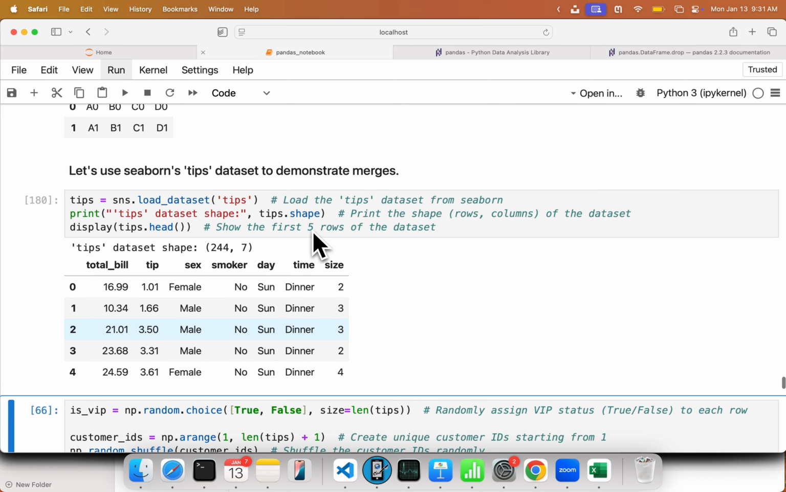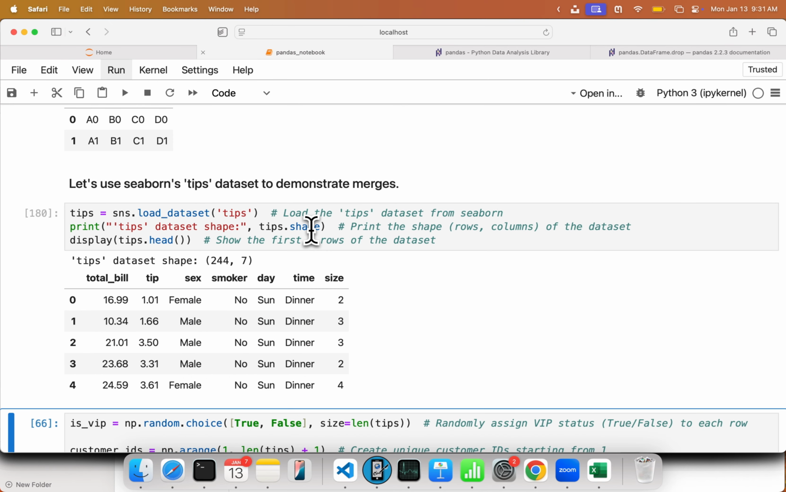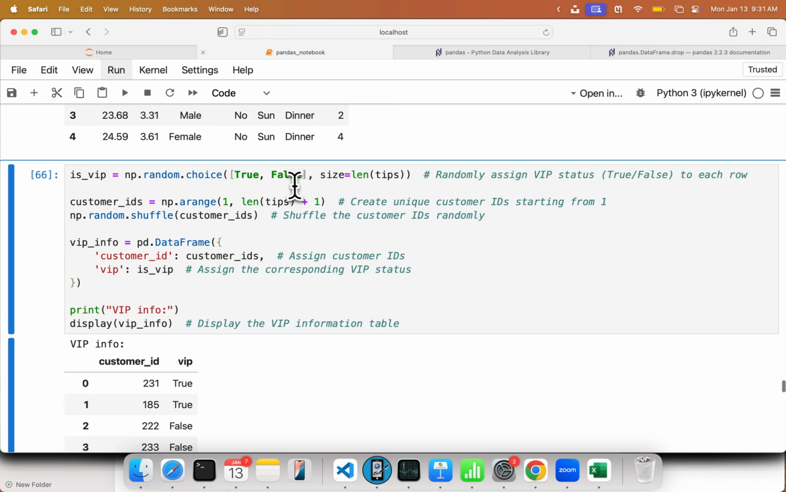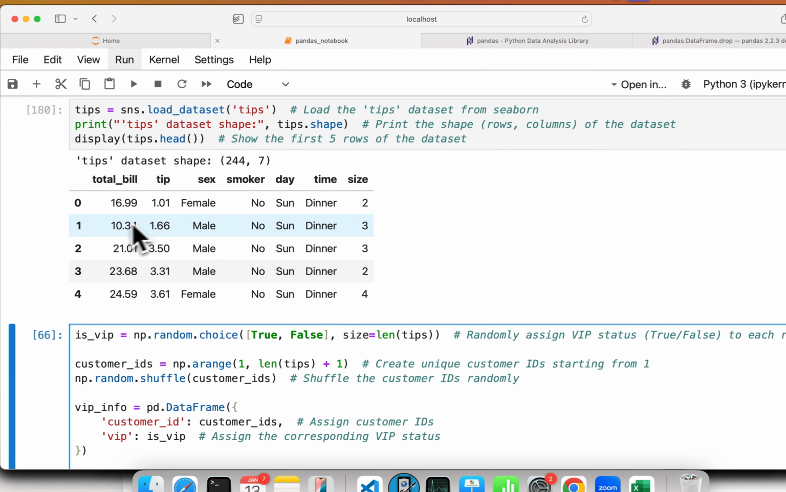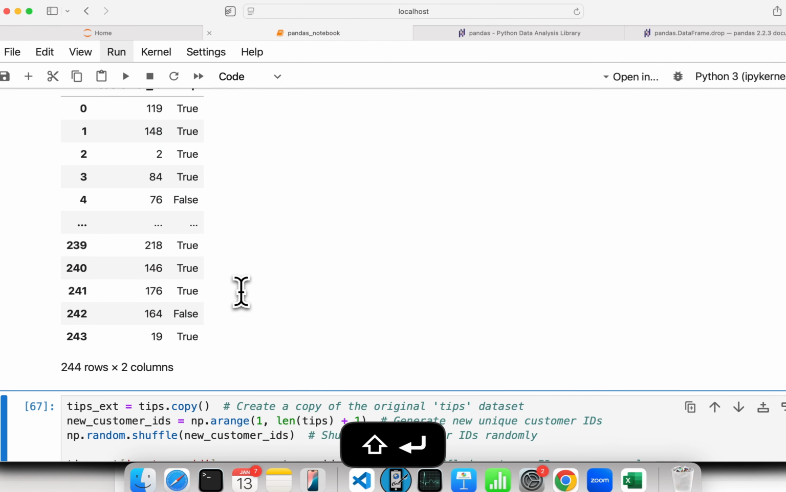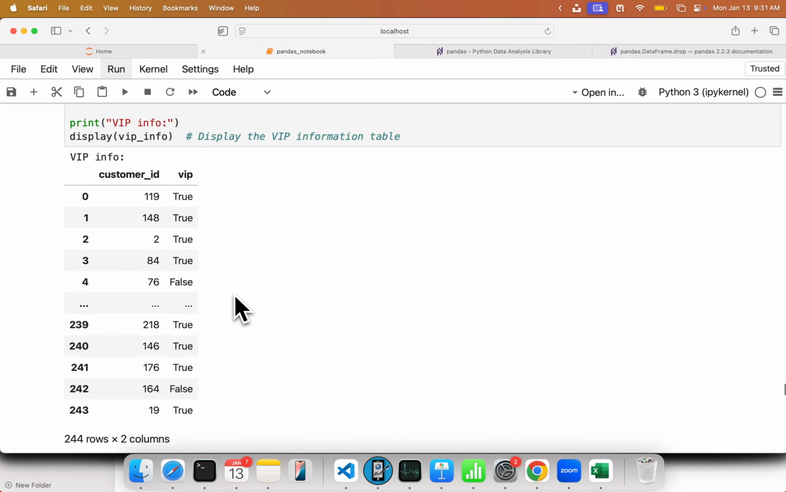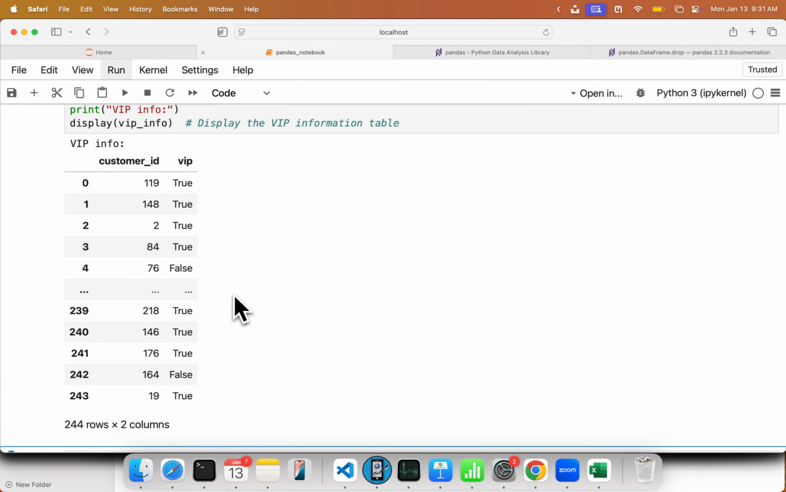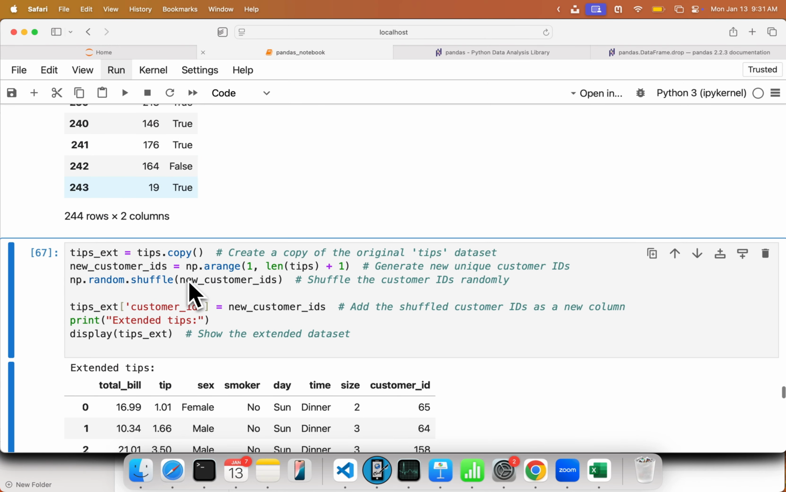So typically when we talk about merging, we are talking about 2 different tables which exist, and we want to merge the information from both the tables into a common data frame. So you have one tips data set containing this kind of data, and let's say we created another table which just contains the data about the customer ID and whether they are VIP or not. I'm just artificially trying to create this. And I'll also attach the customer ID in the previous